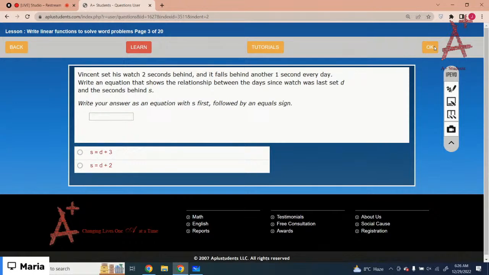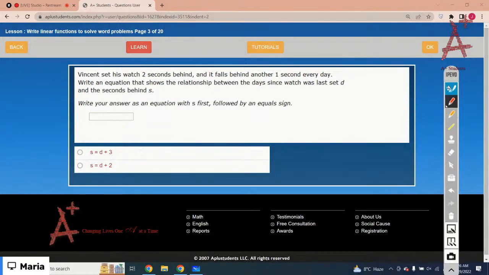So, 2 seconds behind. Got it? It would be each day, and it falls behind another 1 second every day. Got it? So on day one,